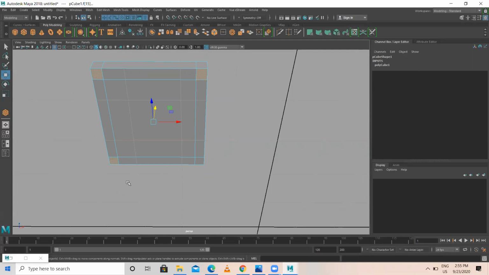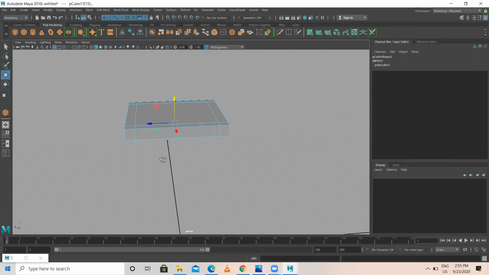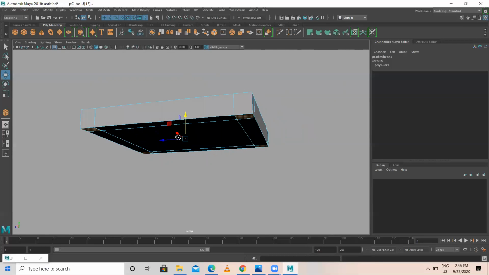I'm holding shift and selecting these. I have selected only the bottom 4 faces. Press 4 to see the wireframe, so you can clearly observe which faces you have selected. Press 5 to come back to object mode.